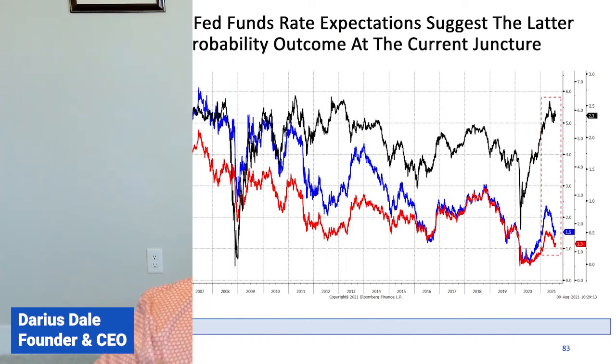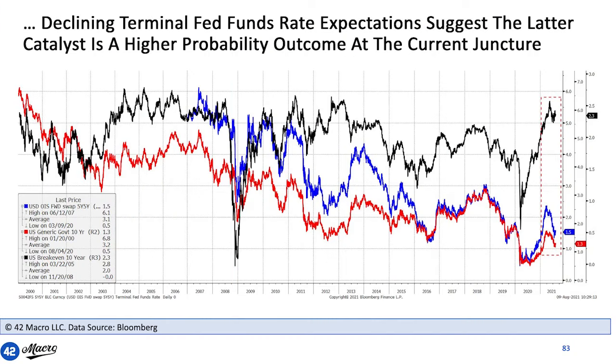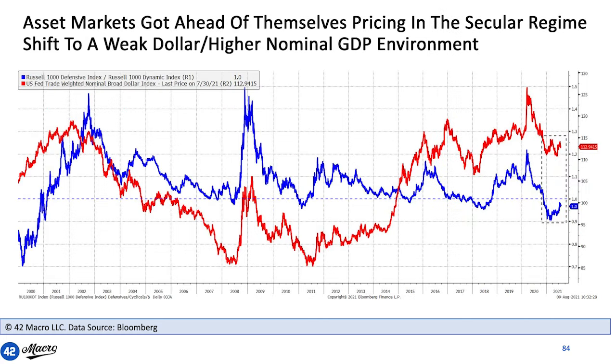capitalize itself. The Fed's either got to pay for it, foreigners got to pay for it, or you got to pay for it. If the Fed's not paying for it, we know foreigners aren't going to pay for it. Guess who has to pay for all that debt issuance? We do, which means we got to sell stuff to buy it. That's the key takeaway. All right, on slide 84, asset markets got ahead of themselves in pricing in the secular